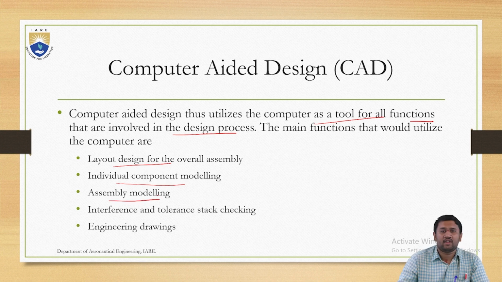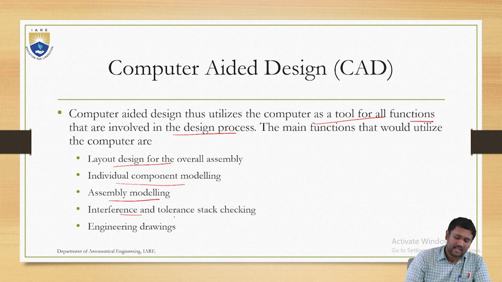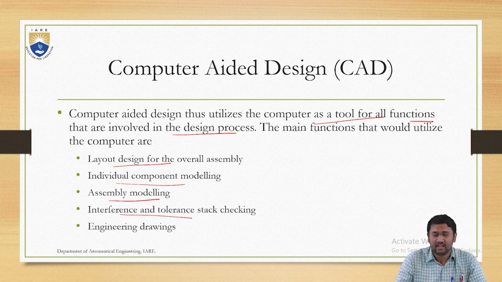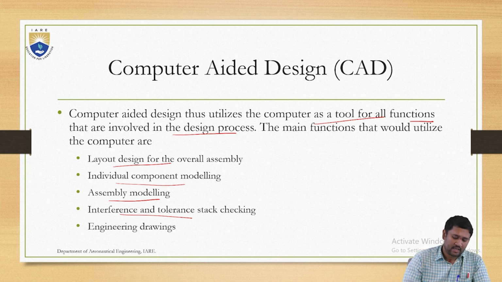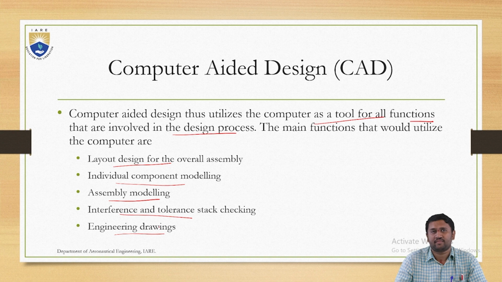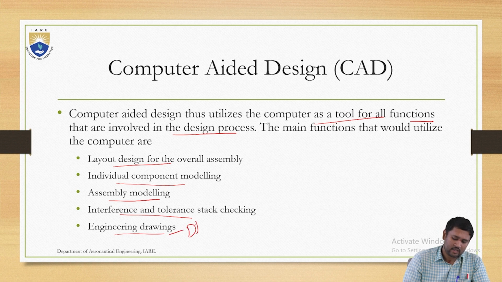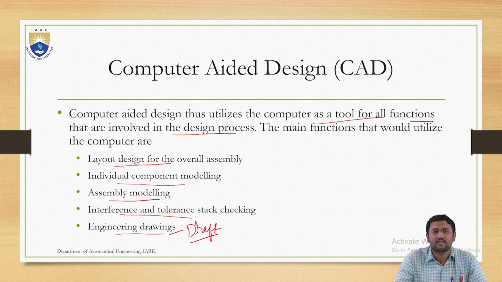Next is assembly modeling, how well multiple components can be assembled together, and any interference or tolerances that arise during that. And the last is engineering drawings, right? Engineering drawings are the simple tool, the drawing I discussed earlier, also called a draft. This helps the manufacturers to view how well it will perform